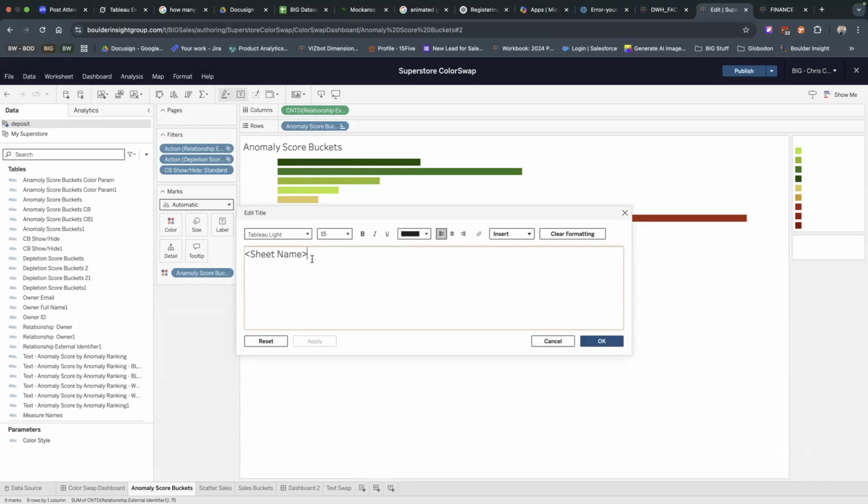Like metric 1, metric 2, and so on. Then you would just make them the same color as the background. Say this was black, and then you make them as small as you can. I think Tableau lets you go down to 8, I think you can go down to 6, I think even smaller. You can type that in normally, not on the web. Just make these as small as possible so you don't see them, and then you can fill it up with all that. So those are the two main things for 508 compliance.